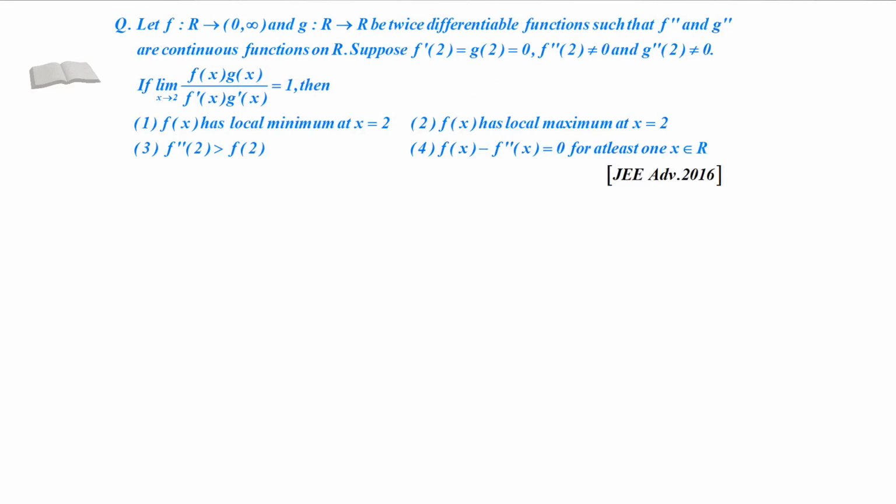Let f from R to (0, infinity) and g from R to R be twice differentiable functions such that f double dash and g double dash are continuous functions on R. Suppose f dash of 2 equals g of 2 equals 0, f double dash of 2 not equal to 0 and g dash of 2 not equal to 0. If limit x tends to 2, f of x g of x divided by f dash of x g dash of x equals 1, then